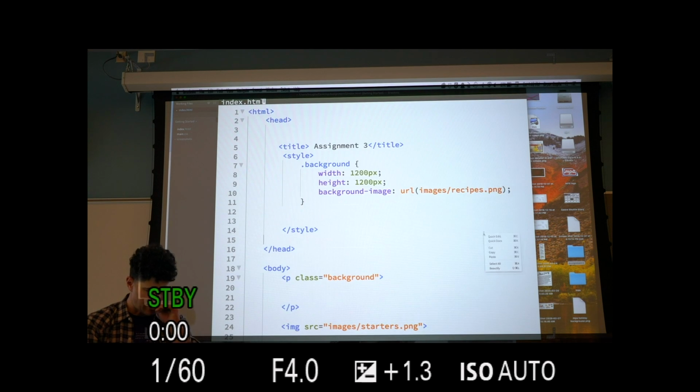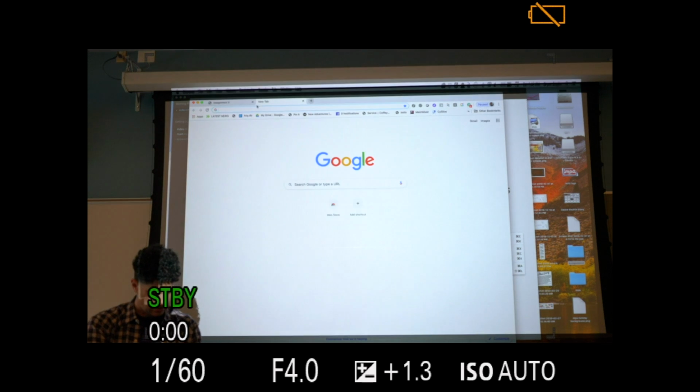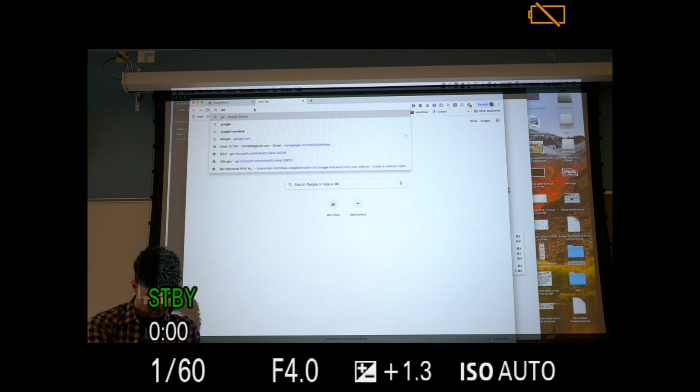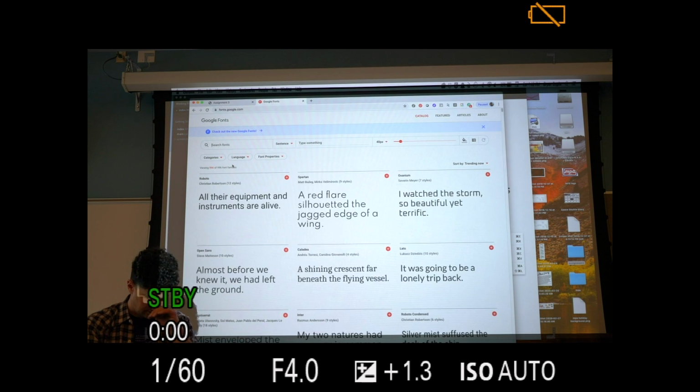Now let me show you how to bring in a font that you may want to use. So for the type dominant version of this web page, we can use Google Fonts. So just go to Google Fonts. It's fonts.google.com. And basically you pick a